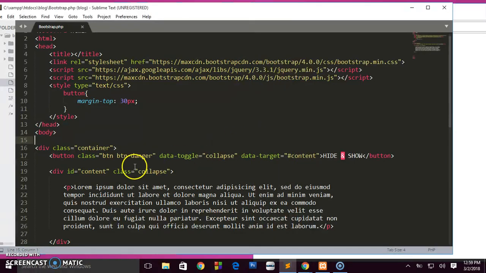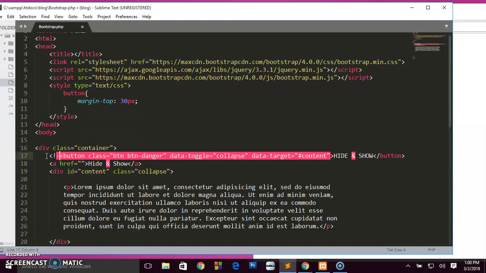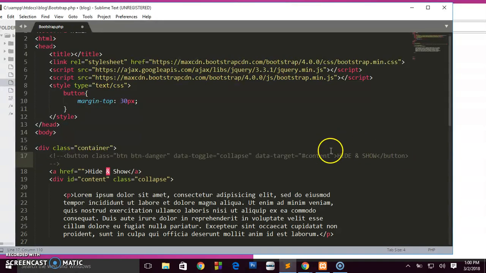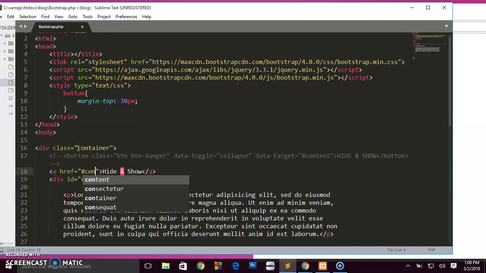And other guys will say, what if I don't want to use a button and it's a link? Still, a link will also work. Let's create this, and I'm going to put here hide and show. So let me comment out this one. I guess now you're familiar with comments in HTML, and we leave out this. So where there is href is where we are supposed to put this ID. So we just say hash content,